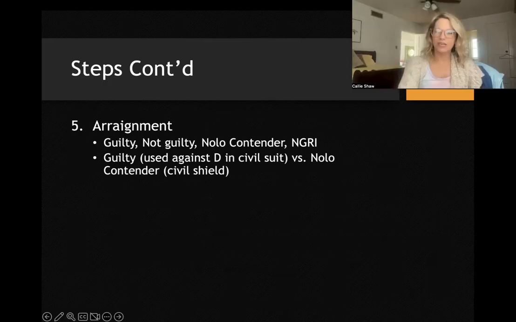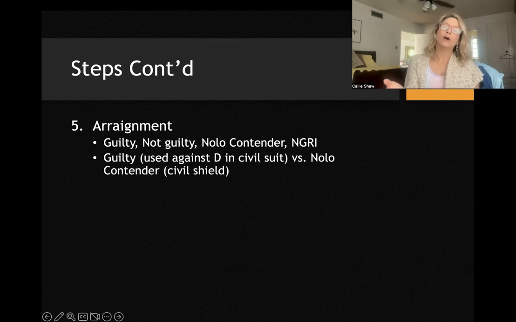So if you're familiar with O.J. Simpson, he allegedly killed his wife and her friend, or his ex-wife and her friend. And he went to criminal court and he was found not guilty, right? But the Brown family, his ex-wife's family, sued him in civil court and he was found guilty in civil court and had to pay them a lot of money, right? So, and that's because it's not double jeopardy. You're not going to go to jail or prison after being found responsible for a civil offense or civil trial,